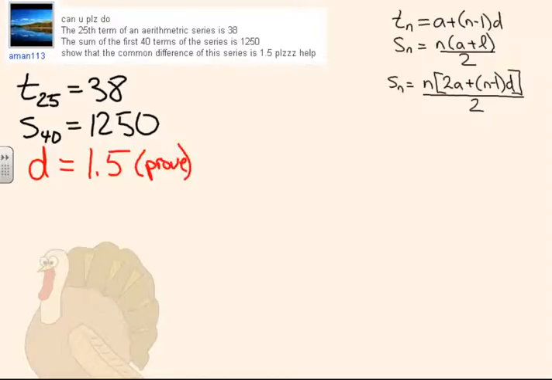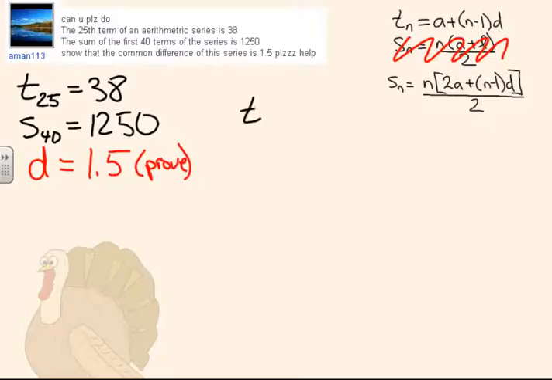Alright, so where are we going to start? Well, the first thing I'm going to look at is using my formulas on the right. I am probably not going to use this one. I'm going to be using the other two. So let's start with my t of n formula. I want to try and figure out what the first term should be, if d is 1.5,